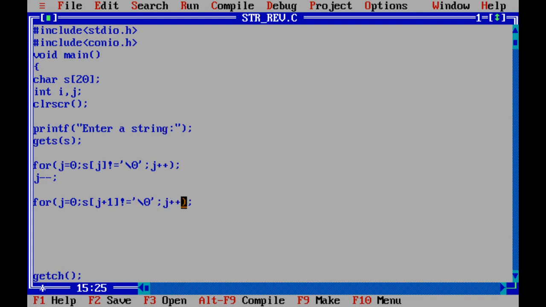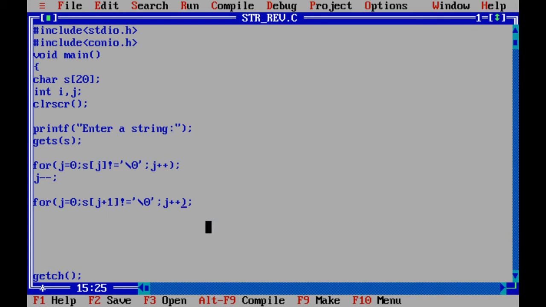This one for loop is also sufficient. Instead of writing a separate j minus minus, we can write s of j plus 1 not equal to null. So what will happen here? We are not comparing s of j, we are comparing s of j plus 1.